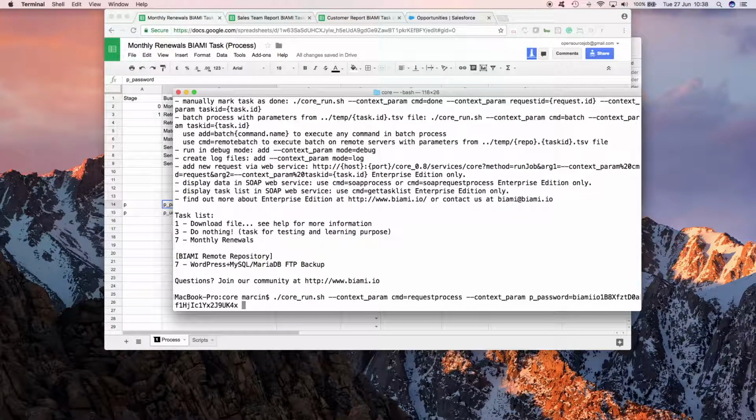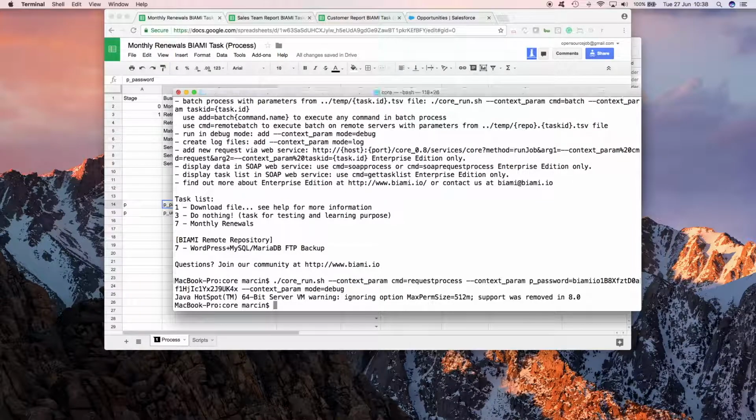So we're going to add that, and we also want to see what is happening within the system. So we want to run it in the debug mode. So I'm just adding a debug mode, and yes, if I execute that,